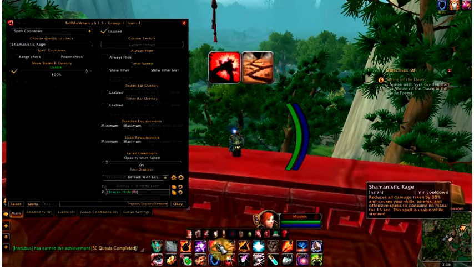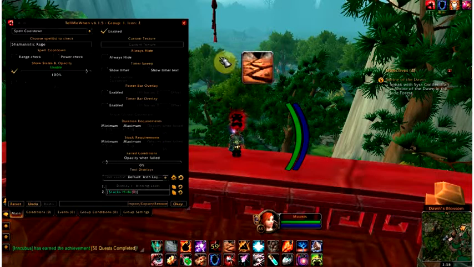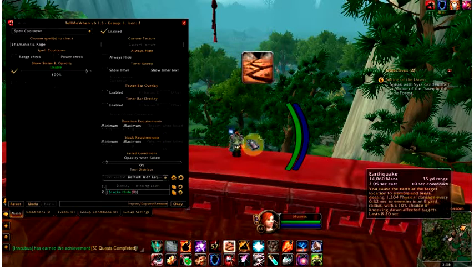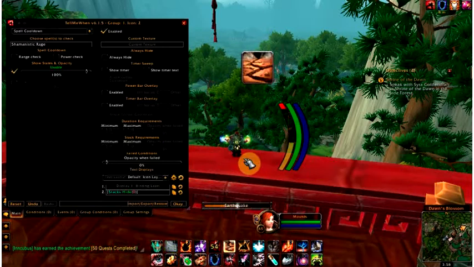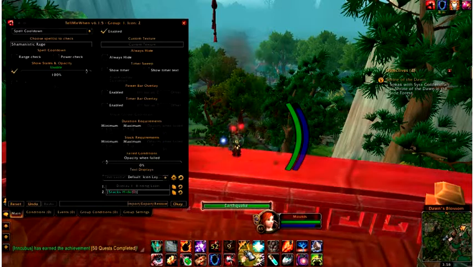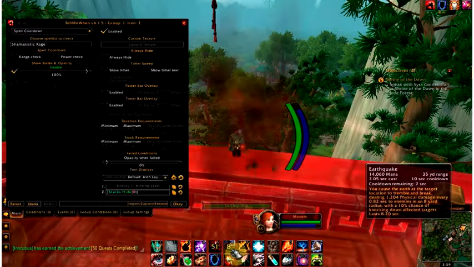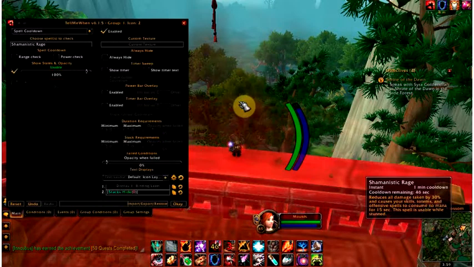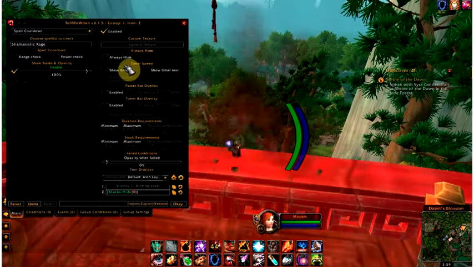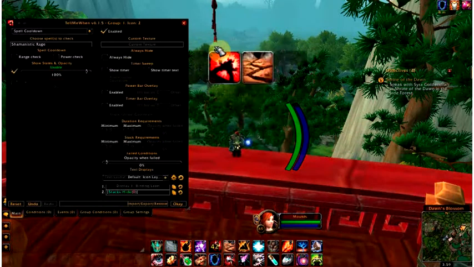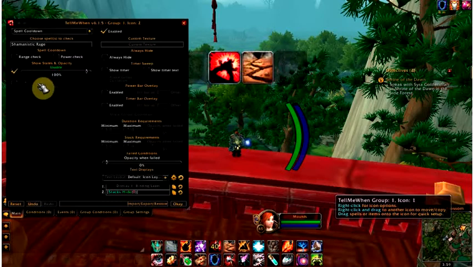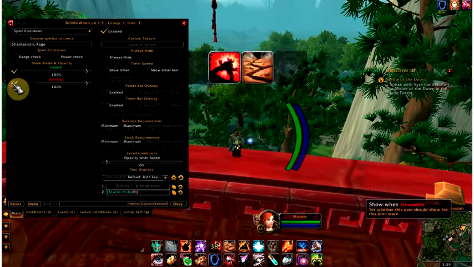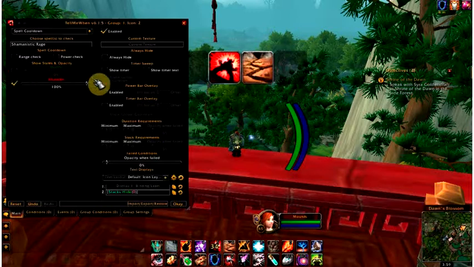And if we use Shamanistic Rage, the icon disappeared. And if we use Earthquake, the icon disappeared. Now the Earthquake icon will show back up in 8 seconds. It'll take Shamanistic Rage a minute. That's the standard feature. The way I like to do it is click Unusable and uncheck Usable, and then change